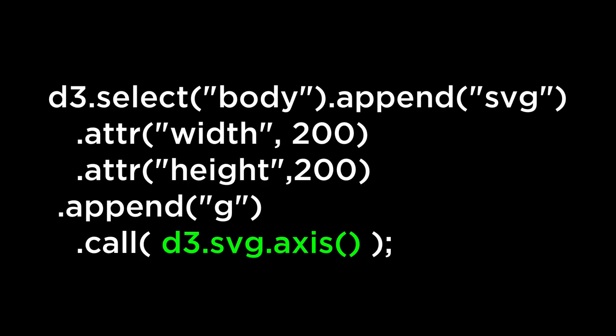This is the most basic way to add an axis to an SVG container. Notice that we use D3 to create an SVG container. Then we add the width and height attribute to the SVG container. Then we append the SVG group element. The SVG group element will hold the D3 axis elements. Finally, we call the